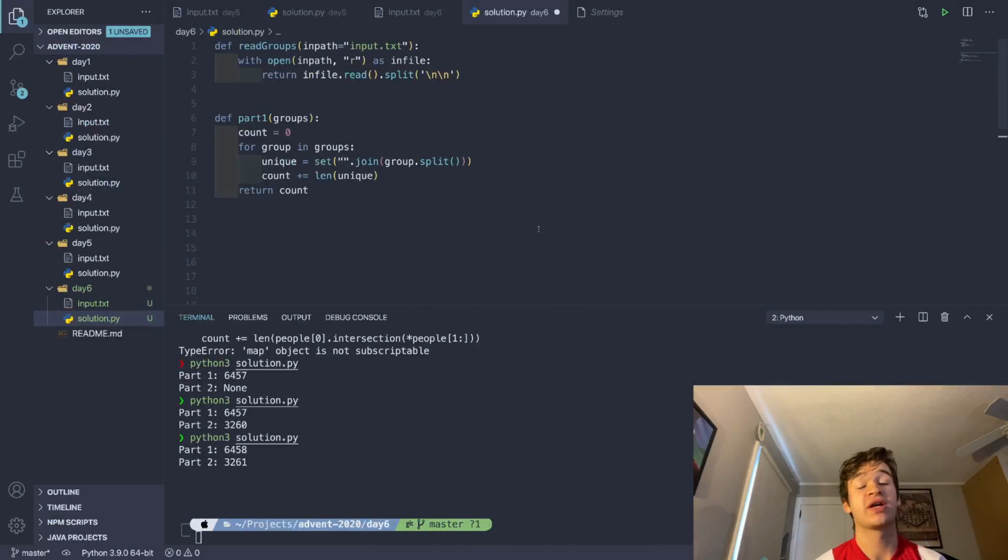Okay, so first thing I do is I have a function which reads in our groups from our input file, so that's just splitting on 2 new lines because that's how the groups are separated, and then that groups thing gets passed into our part1 function. So our part1 function is pretty simple. I'm just going to walk you through it right here. What we're doing here is initializing a count at 0, and then I'm looping through each of the groups,